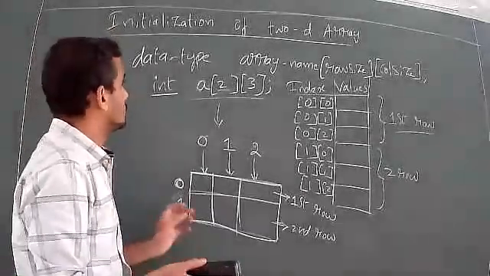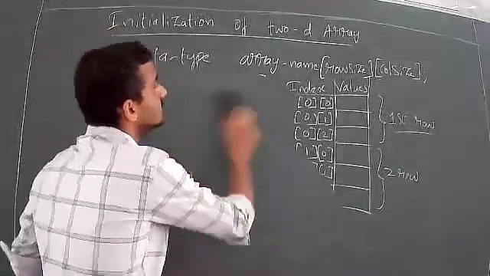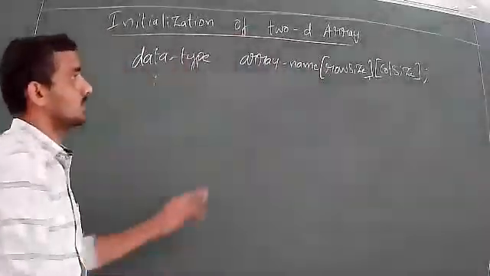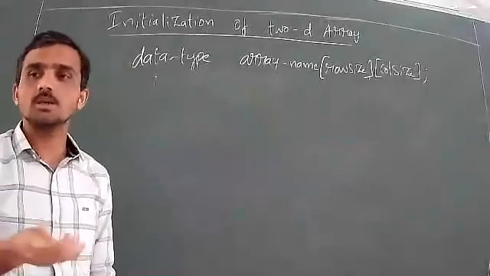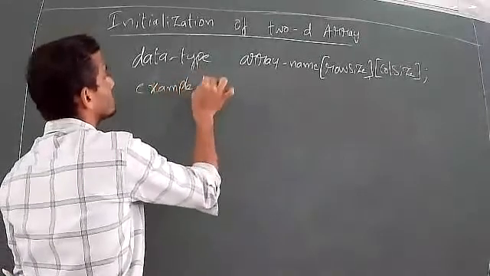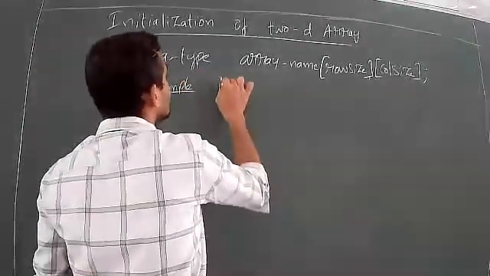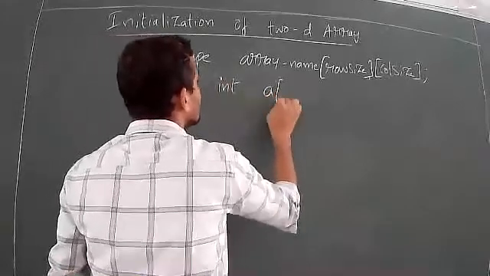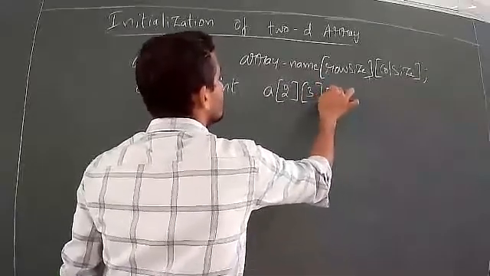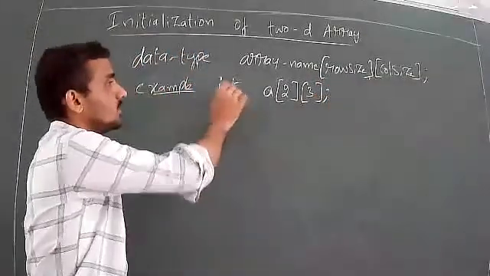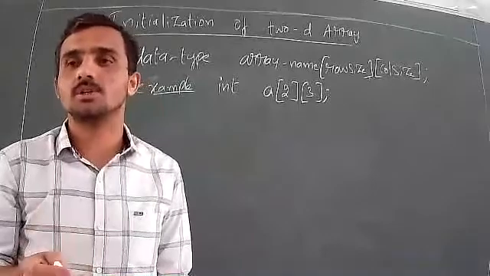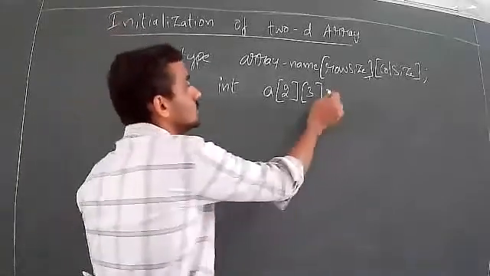Okay. So see here, the syntax is the same: data type, array name, row size and column size. But when I write the example, you just look at how I write it. So for example, if I take the same array name A, row size is 2, column size is 3. You just end the declaration with this semicolon. This type of statement is called a declaration statement. You have to remember the technical terms. Don't say int statement or similar; you say declaration statement. So this is the declaration statement.